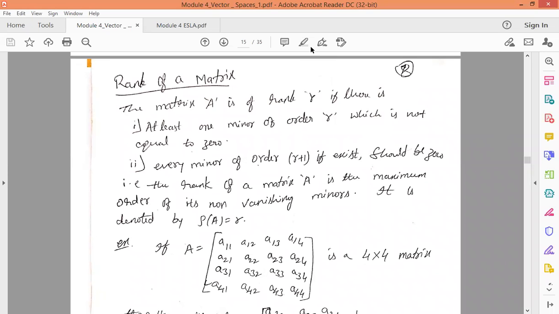Now we'll take up the topic of solving Ax equal to 0 and Ax equal to B. That is, we are going to look at the equation Ax equal to B, and see what methods can be used to solve it. This Ax equal to B can be solved using the row echelon method, which is also called the row reduced form. We'll discuss all those things.